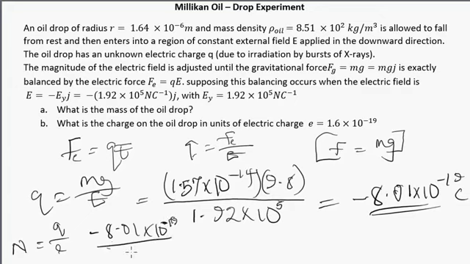Now we'll divide this by 1.6 times 10 to the power of minus 19. Let's check this on our calculator. We'll have a value 5.00625, which is equal to